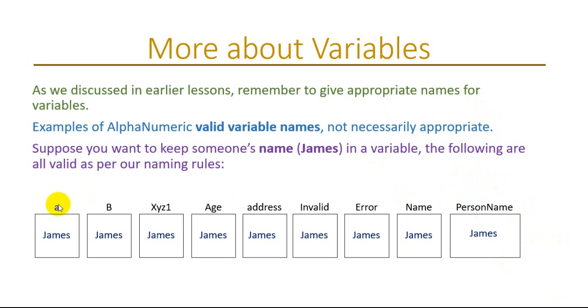So basically all of these are valid alphanumeric variable names. All these top ones, because all of them are containing the word James, which is an alphanumeric constant. So these are all alphanumeric variables. So now let's see something more about this. Is it okay to use a name like this? Now when somebody says A,